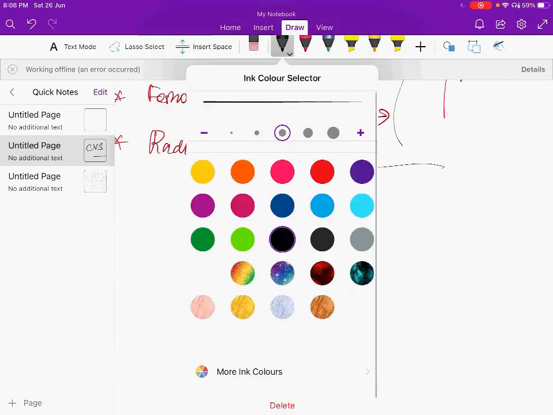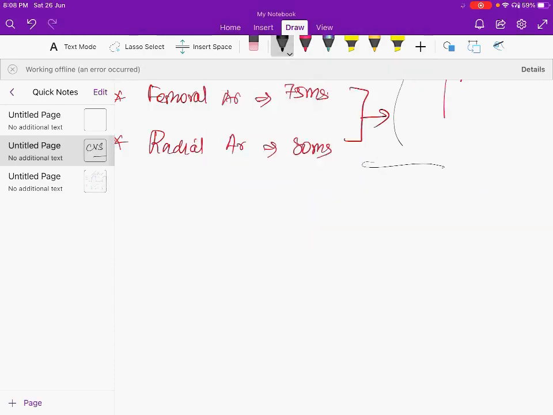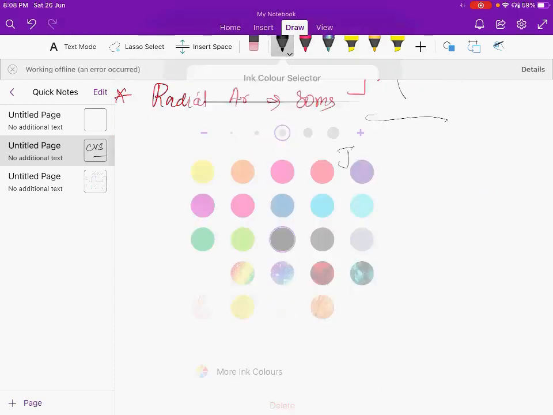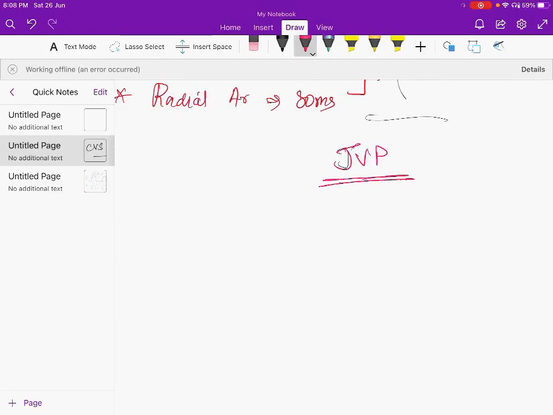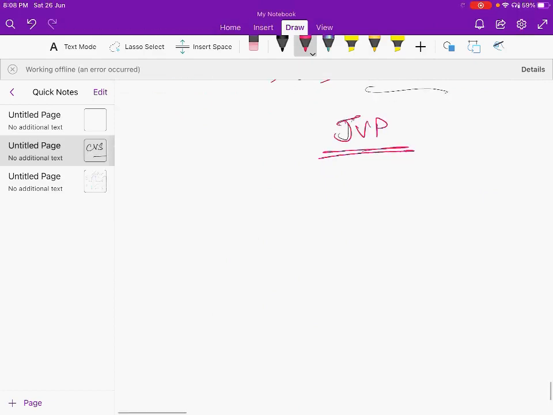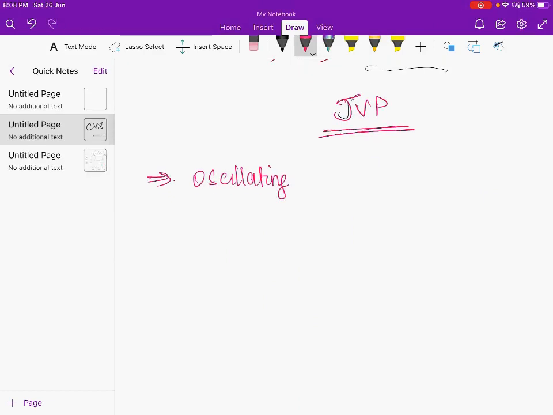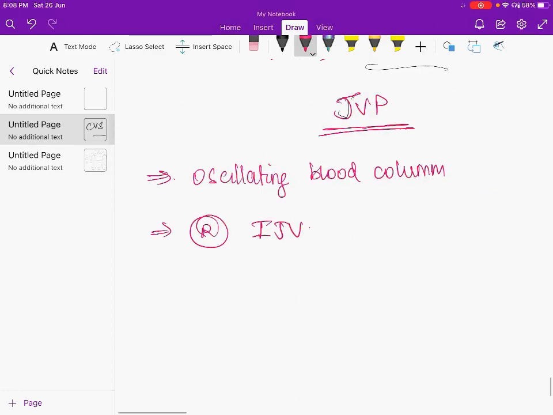So today's topic, we'll start with JVP. JVP is nothing but an oscillating blood column. So define JVP. JVP is defined as an oscillating blood column, where we'll see it in the right side internal jugular vein, which will indirectly represent